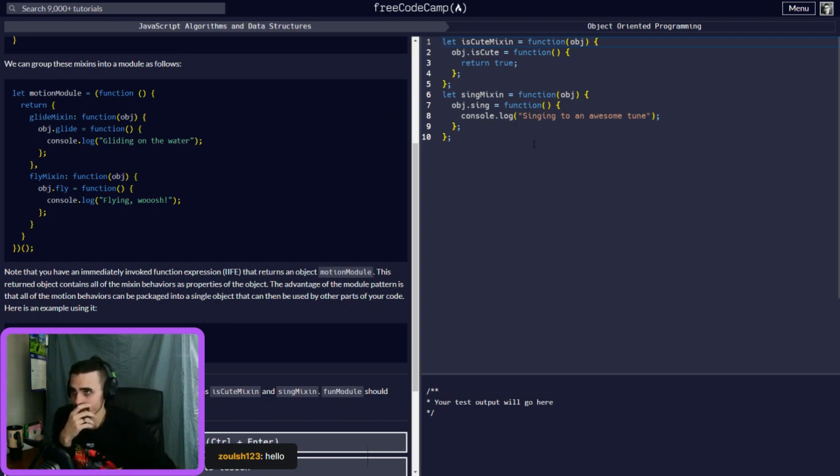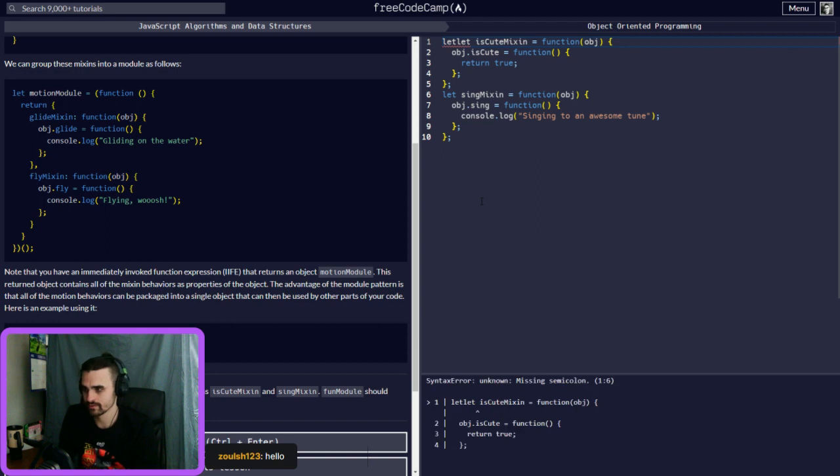So I get it. We have this isCute mixin, and then you have the singing mixin, right? The challenge is to create a funModule to wrap the two mixins, isCute and singing, into a module which should return an object. Okay, so let's start this out.